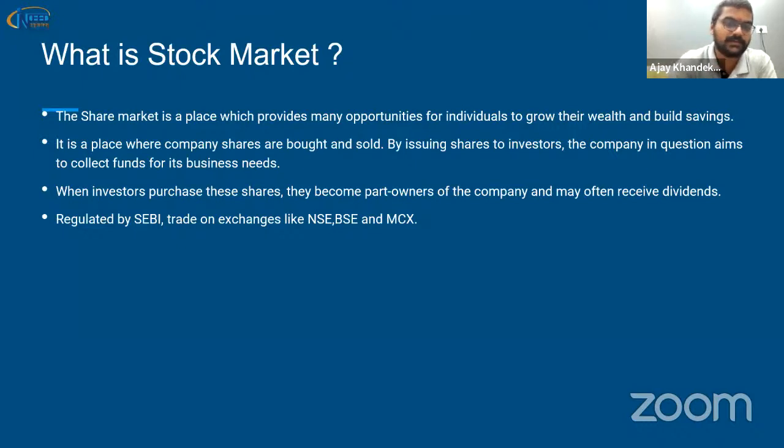Say Crucial Technologies wants to expand their business, so they will put an application to SEBI, which regulates the stock markets. To expand, they will need some 1,000 crores. They will give all their documents and draft papers showing the back history of their revenue and profits, and on that basis SEBI will give approval to list their shares on exchanges like NSE and BSE. These are the two basic exchanges in India where we trade: the National Stock Exchange and the Bombay Stock Exchange. And MCX is the commodity exchange.